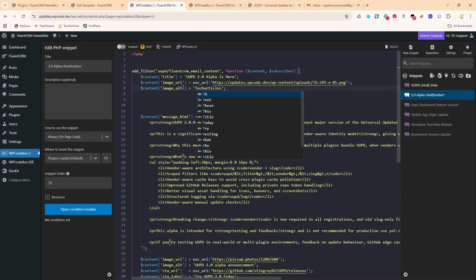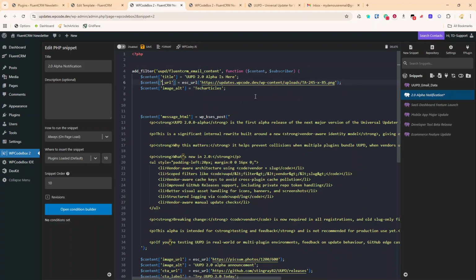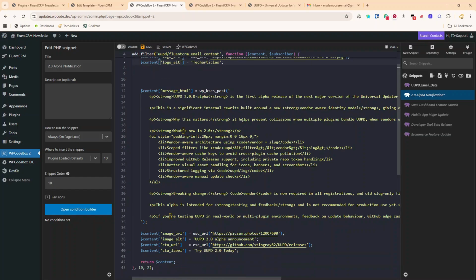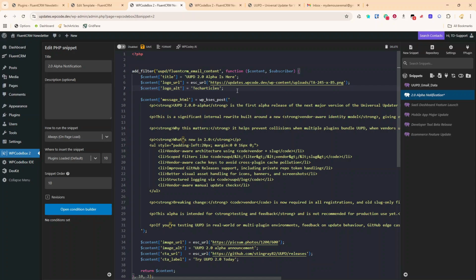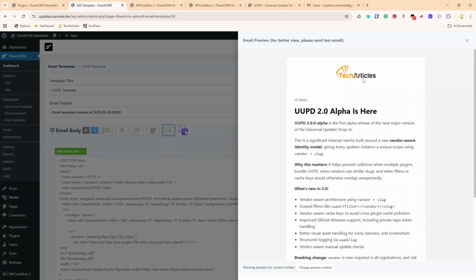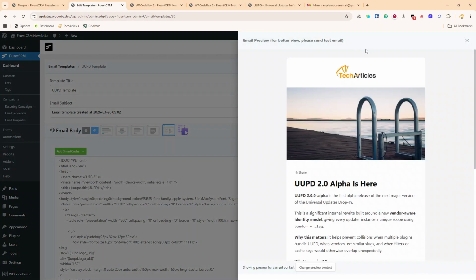I just need to change these to logo so they match our naming conventions. Alt, I think logo alt is the right one. Just check logo. Oh, yeah. And then I'm going to save that, and I'm going to activate that. Now, if we go back to our template and view, you'll see we get a nice Tech Articles logo here,